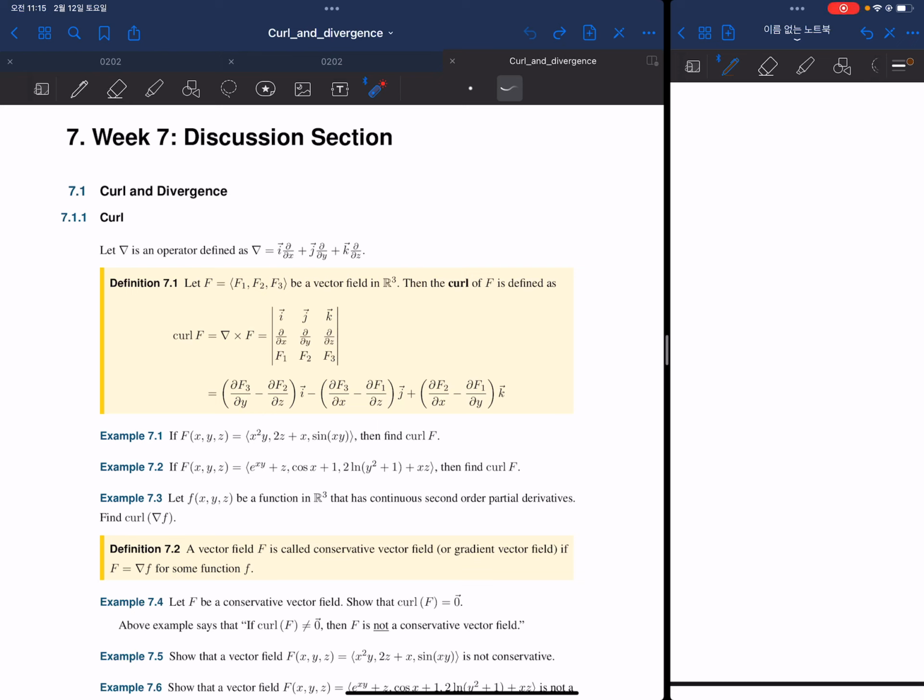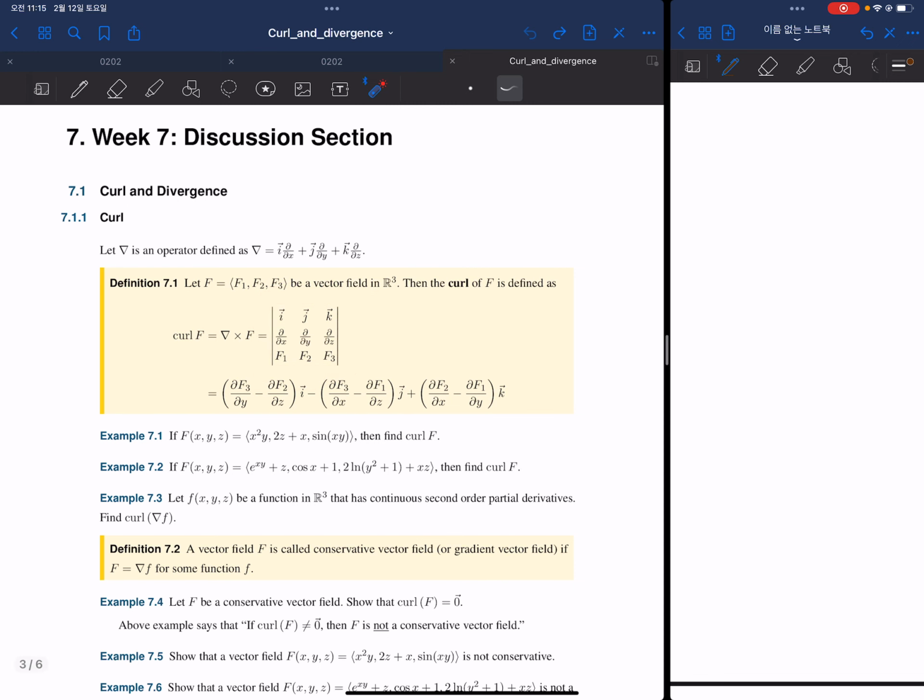Hi everyone, today we're gonna talk about the curl and divergence. First, let's state the definition here. If we say this operator del is defined like that, then we can say curl f is actually the del operator, the gradient, like a cross product with f, so that you can calculate it like this. Okay, so maybe you can remember the formula for curl by remembering this